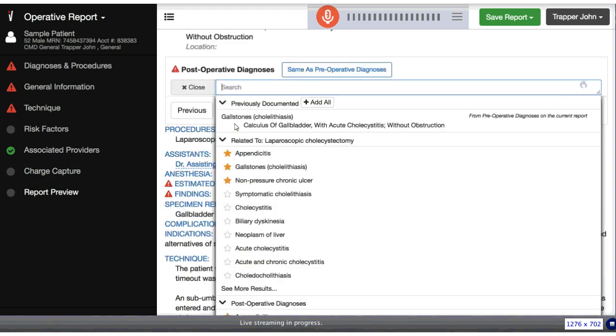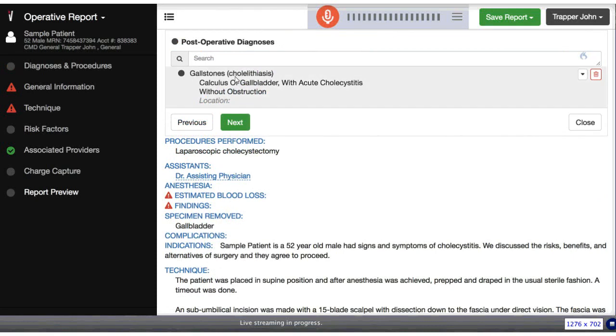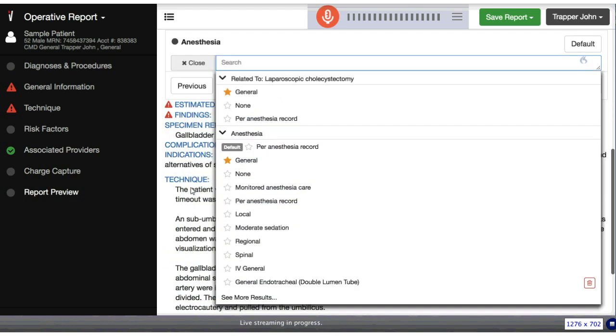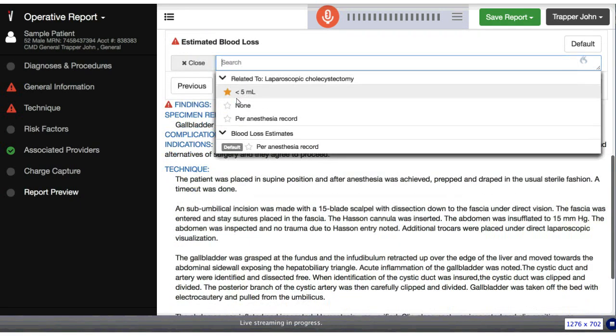A lot of times post-op is the same, so I can copy over my pre-op. My procedure performed is there. My assistant is there. Let's choose anesthesia. Notice anesthesia is not required for the Joint Commission, so it's not a yellow or a red check, but for here I'll work down, say blood loss was less than 5, and then for my findings,